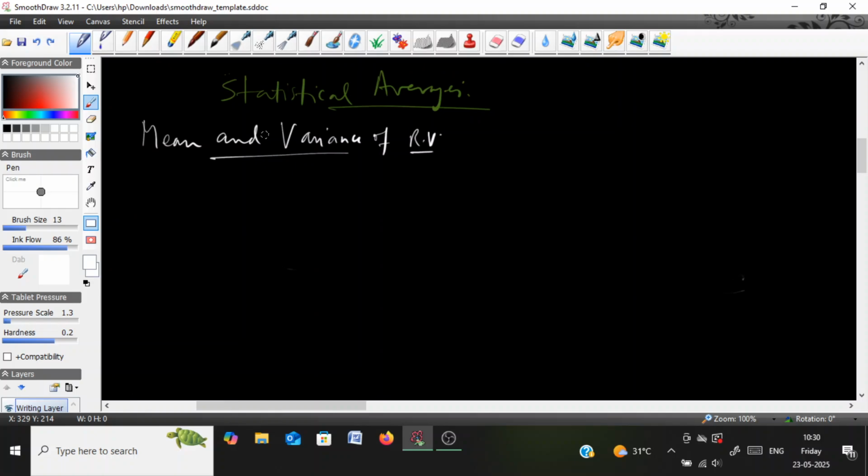Okay, today we will discuss the statistical averages, that is the mean and the variance of a random variable. We have already defined a random variable in the continuous and then in discrete form. In the continuous form, we started from the CDF, which is Fx of x, and then we defined the PDF, the probability density function of the random variable, which is px of x, as the derivative of